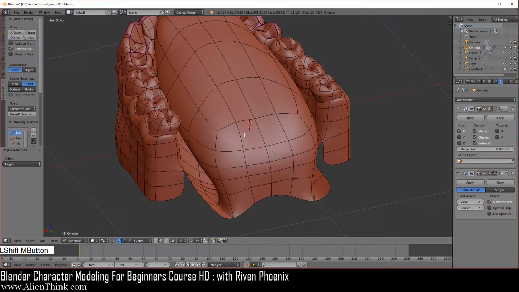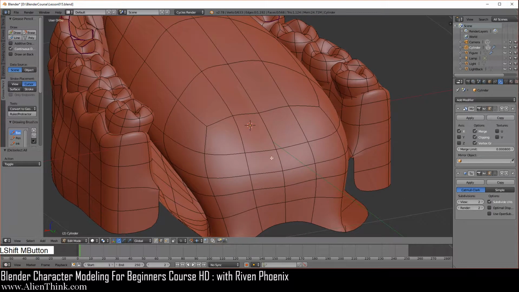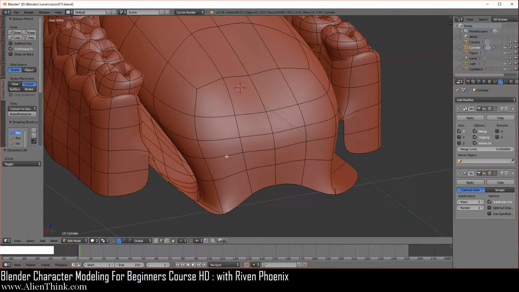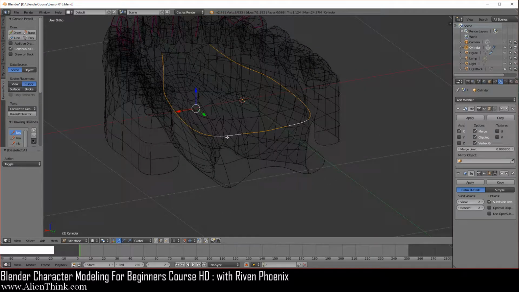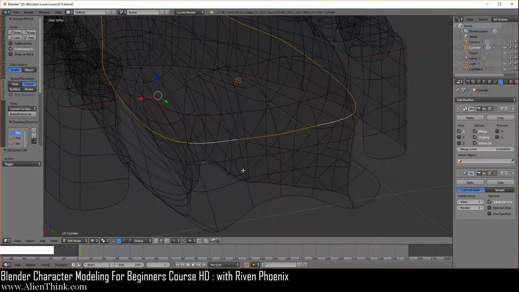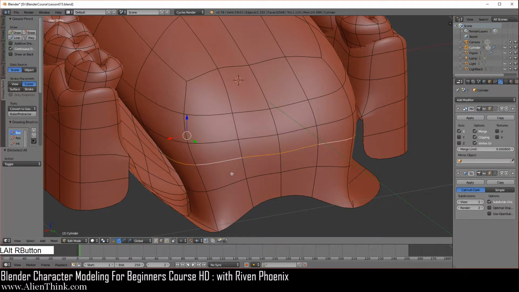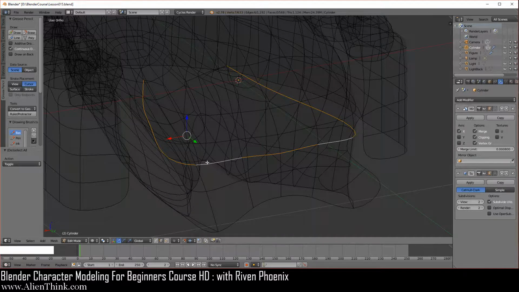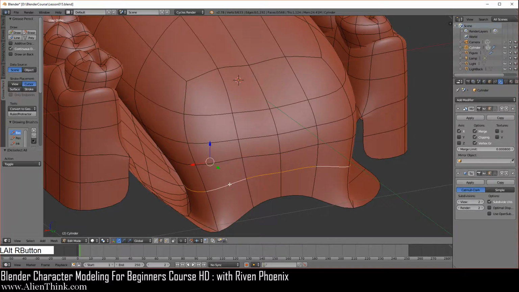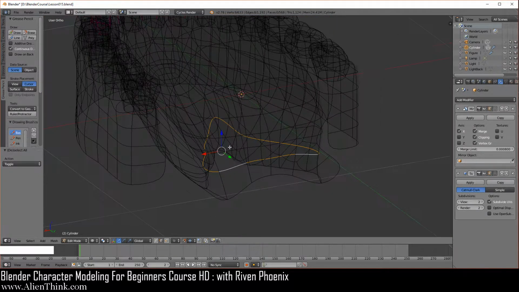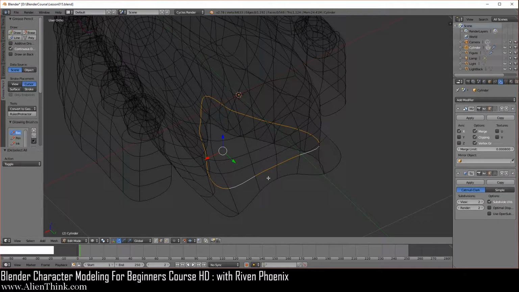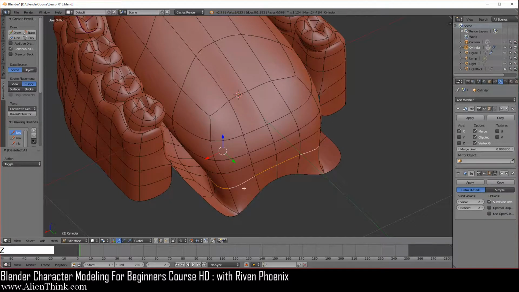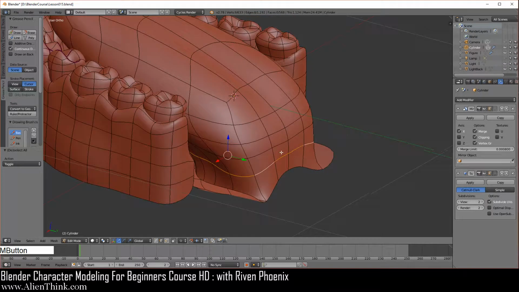So here I'm going to show you another technique. This is a technique that you're going to be using quite a bit. So if I do Alt and click on this edge loop, I'm going to press the Z key. You see how this is going in here? I'm going to press the Z key again, click on this one, press the Z key. It's going over here. I'm going to press the Z key. I'm going to click on this and press the Z key. This is what I'm looking for. I'm looking for something that goes all the way around like this, okay? This is why I did it this way. I was looking for it.